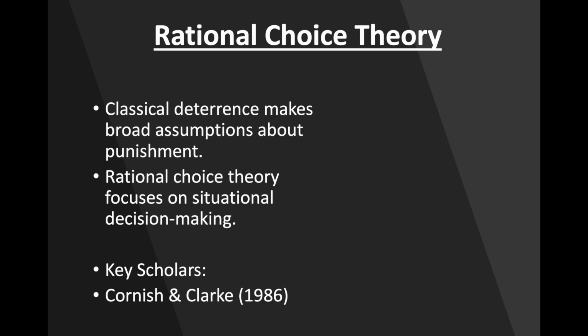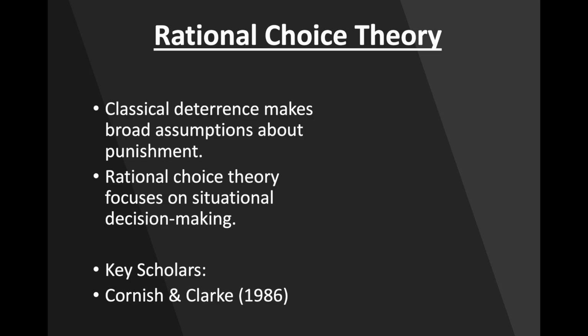Another important difference here is that rational choice theory focuses heavily on criminal opportunity. This means the theory is less concerned with why someone becomes criminal in a broad developmental sense, but more concerned with why crime occurs at a particular place and time. For example, why does a burglary happen in one neighborhood rather than another? Why does a theft occur when guardianship is weak? Why does an offender choose one target over another? Why do some crimes cluster around certain routines or opportunities? These are situational questions. This situational focus eventually became highly influential for environmental criminology and situational crime prevention.